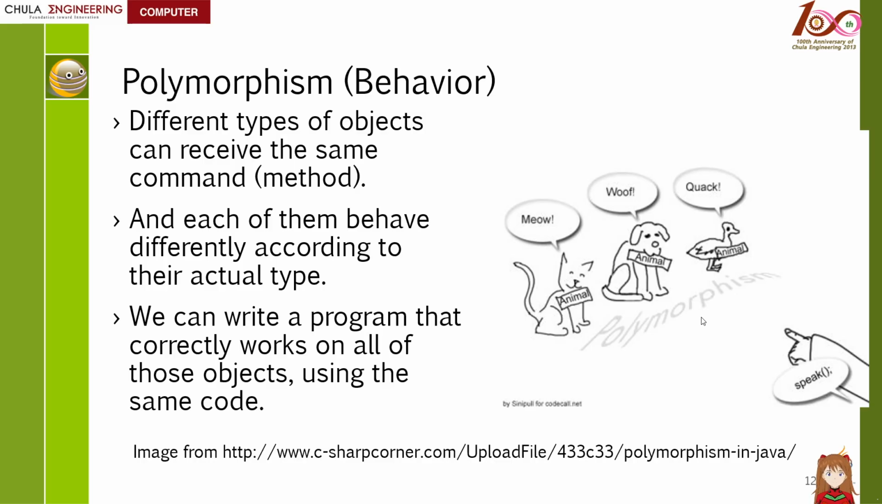Okay, in this video, we will be focusing on polymorphism. What is polymorphism? Polymorphism is when we write a program such that different types of objects receive the same command, but they act differently according to their type. For example,